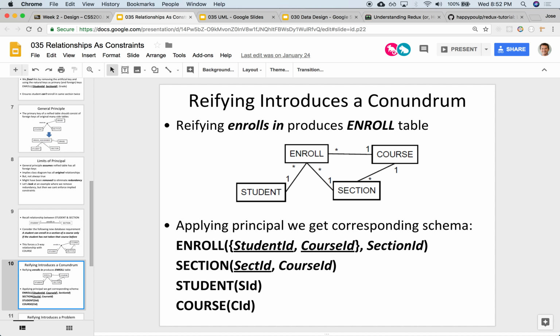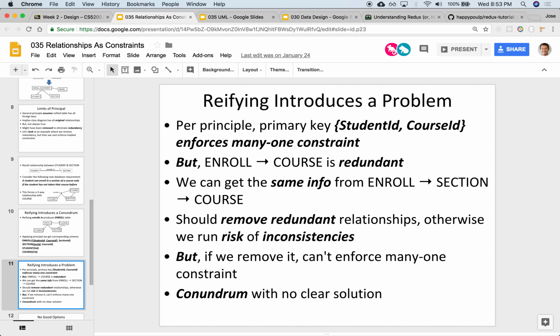Right. So the principle says that if we want to enforce the enrollment, because we have access to the original keys, we can combine them to enforce uniqueness, right? That if you were already in a particular course, you cannot have them again, right? It's unique. You cannot have the same student in the same course again, right? That's how we are enforcing it, right? By taking the student and the course and making it unique. But